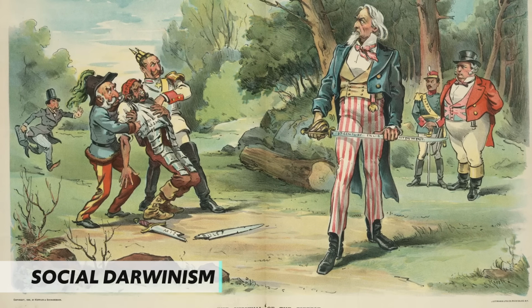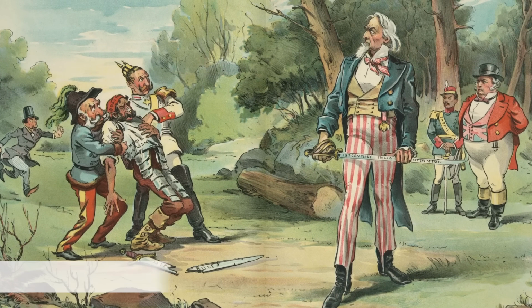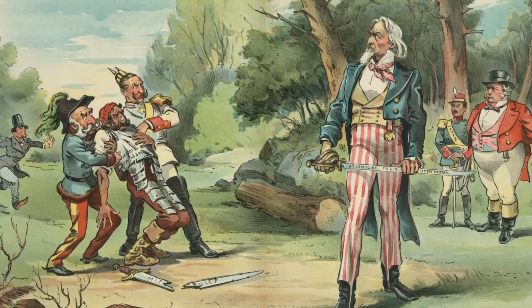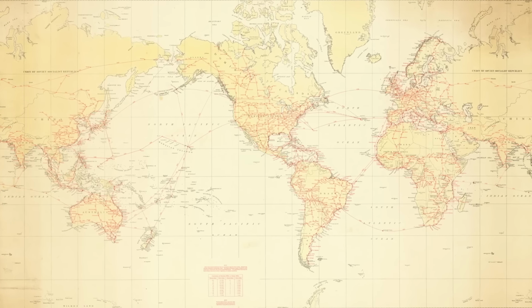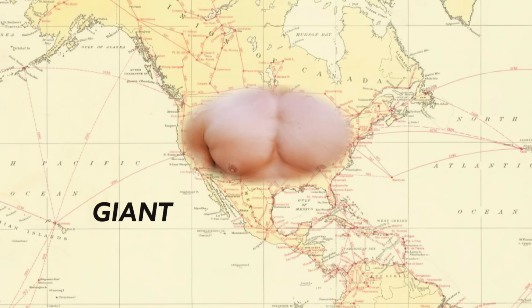Additionally, imperialists took up that janky pseudo-scientific theory of social Darwinism to justify expansion. Remember, social Darwinism said that if the natural order of things is that the strong eat the weak and only the fittest survive, then why shouldn't that also be the case with politics and economics? So to many imperialists, American expansion was the means by which America could get on the international stage and flex its giant pectorals of liberty. After all, European nations have been expanding their empires for centuries, and if America didn't join the game, they might be seen as a second-class nation. And in that case, maybe your pectorals aren't as juicy as you think.